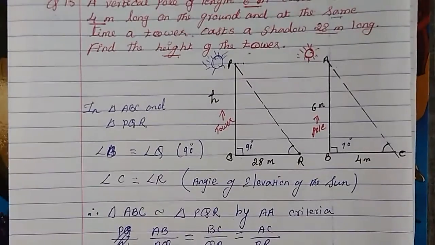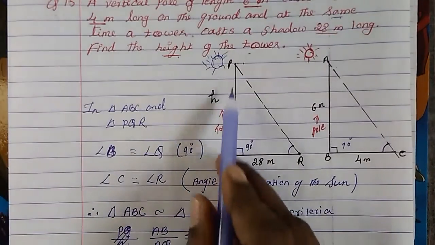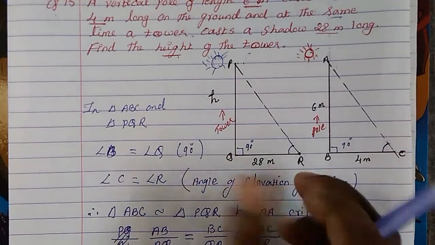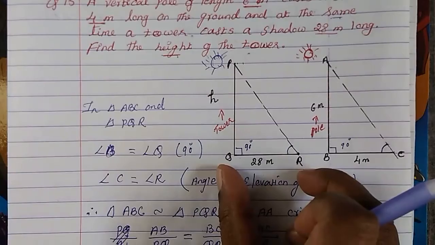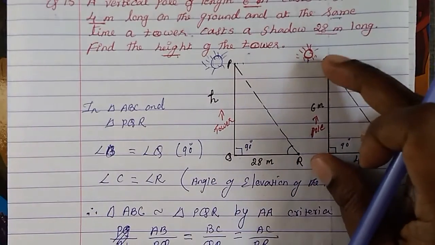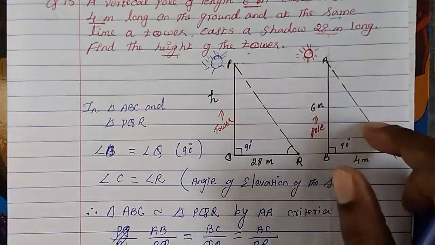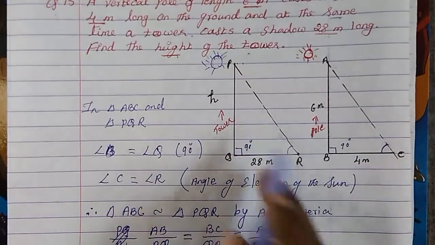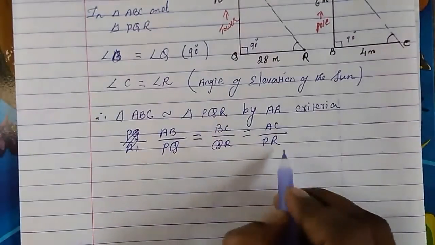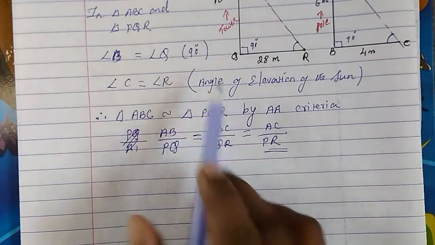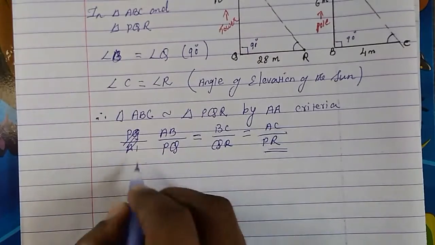So now, since we have to find out the height of this tower, that is PQ, both the base values are given to us and one side height is given to us. So we can very easily find out. The third side we don't need. Okay, this side we don't need, so we don't take it into consideration, because we have to find out the height actually. So we'll take only these two sides.